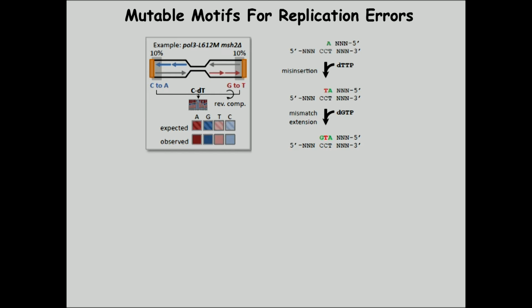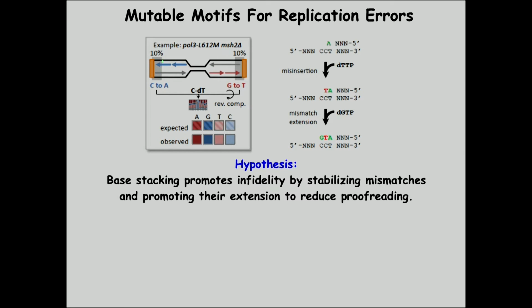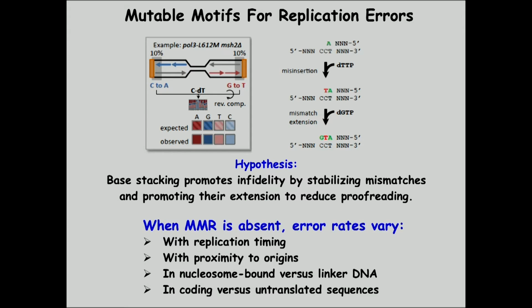We are very interested in what determines whether a mutation arises. And so we've mapped what happens within 10% of these origins. And it leads to a pattern of misincorporation in this whole genome sequencing analysis, which involved the analysis of 40,000 single base SNPs. That base stacking promotes infidelity by stabilizing mismatches and promoting their extension to reduce proofreading. And beyond this statement, there are a number of other statements that are possible from this publication. When mismatch repair is absent, error rates vary with these variables for reasons that we can speculate about and are